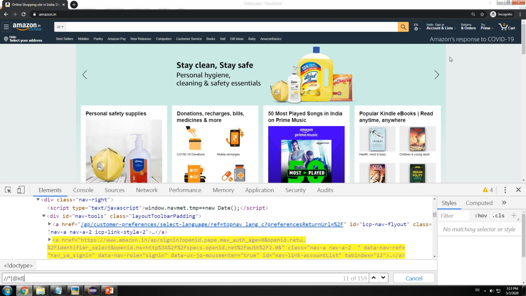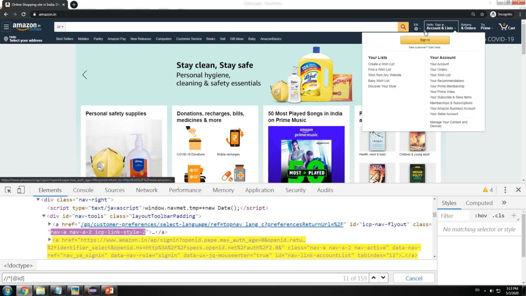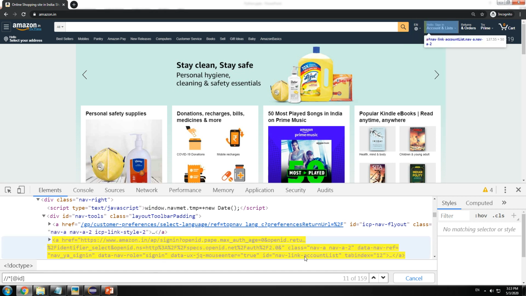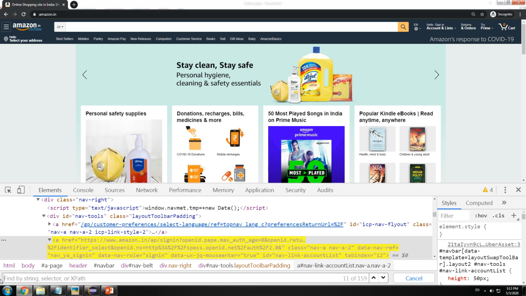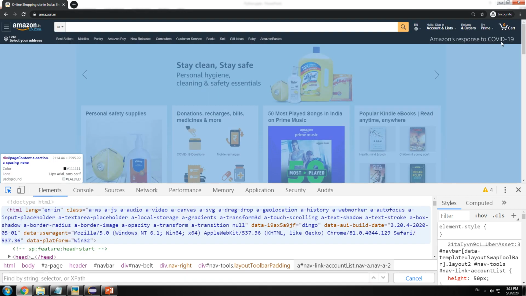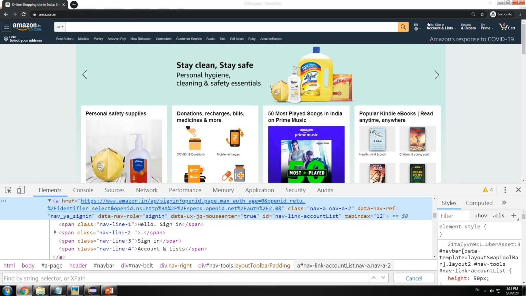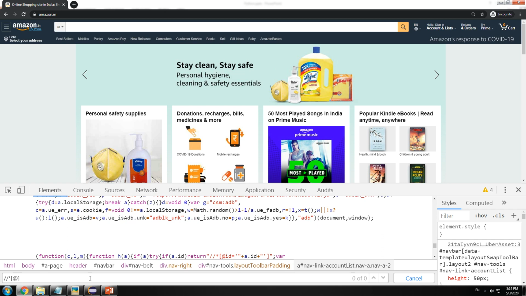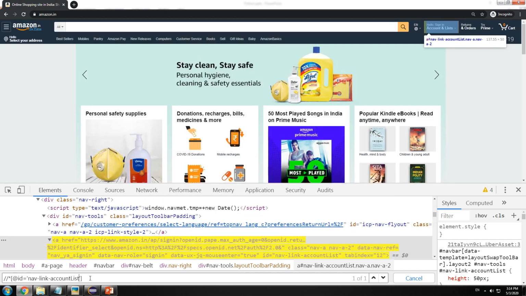So next, however, here I can see this part being highlighted. What I'll do is this: I will delete this and let me spy this. So if a developer has assigned an ID for this particular element, which is navlink auto account list, then I can be pretty sure that the developer would have not assigned this to a different element. Let's check this. So let me find any element which has an ID by the name navlink account list, and I have found one element.